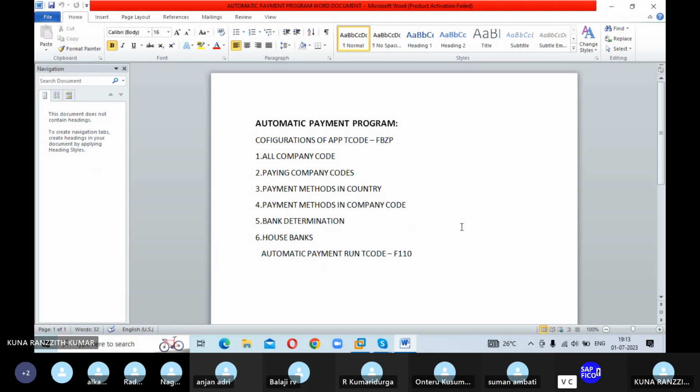Automatically, the system will throw you the error. There is no issue. When the system throws the error, what will happen? We are going to see. If we get the errors, we will see. Basically, the purpose of this automatic payment program,